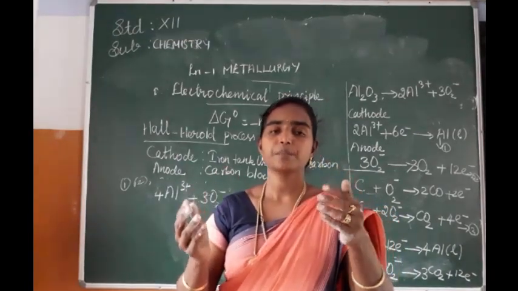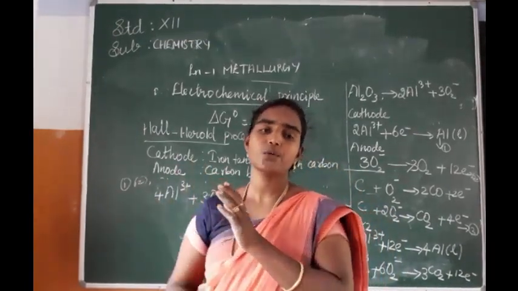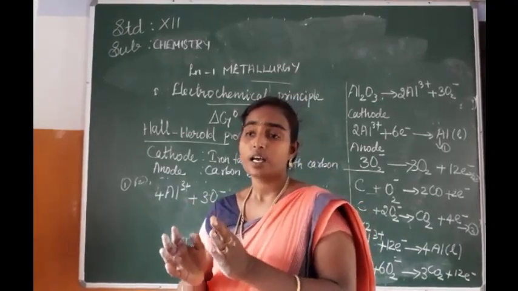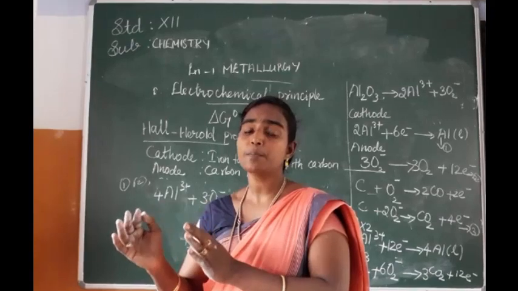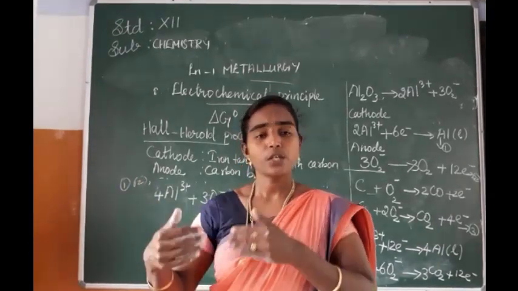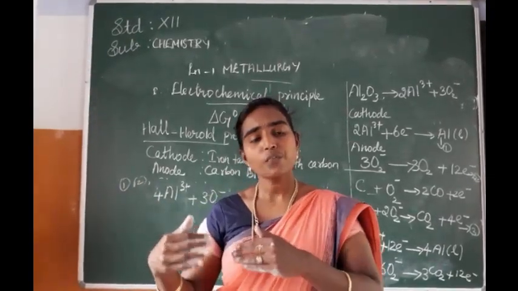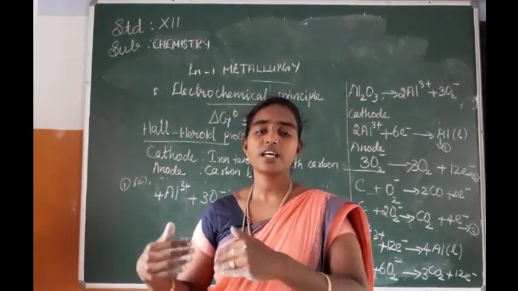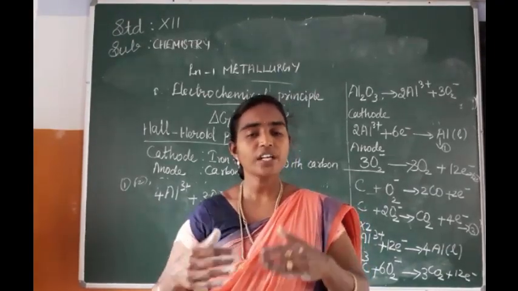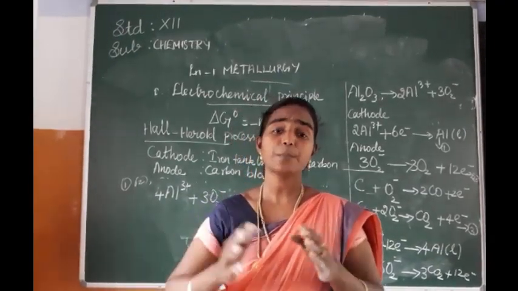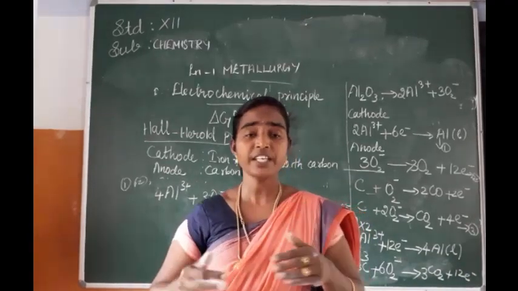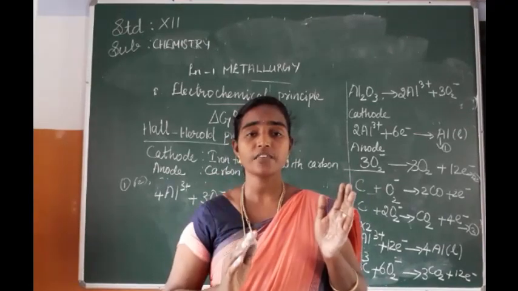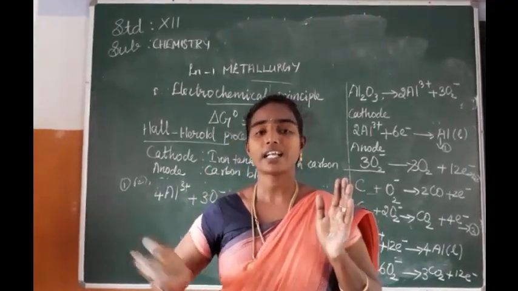Distillation method is suitable for low boiling liquids. Next, the liquefaction method is suitable for metals which have a lower melting point than the impurities. The next, electrolytic refining: using electricity, we can purify metals such as copper, silver, zinc. Zone refining is for semiconductors; ultra pure metals can be obtained. Next, vapor phase method, under which two processes are given, the Mond process and the Van Arkel process.